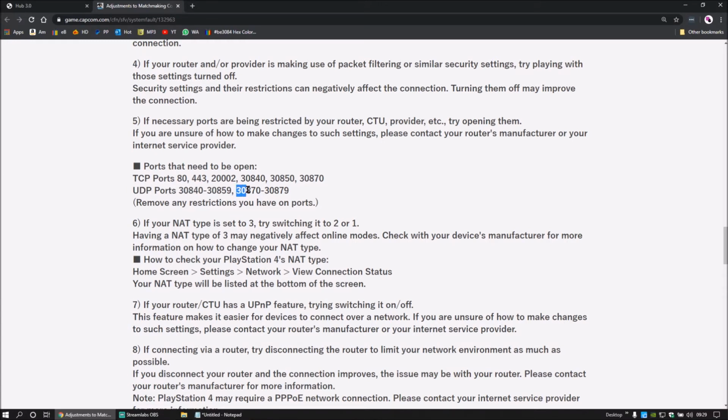Same goes for that too, 30870 to 30879. So that's going to be, sorry, 10 ports, and the other one is 20. Everything in between will be open. But what makes this difficult on my router is I can't overlap, remember. For example, here I've got 30840 for UDP, and I've got 30840 for TCP. So what I have to do is...